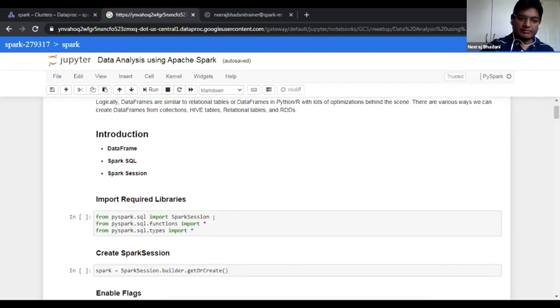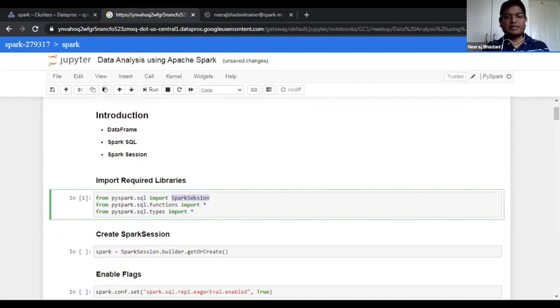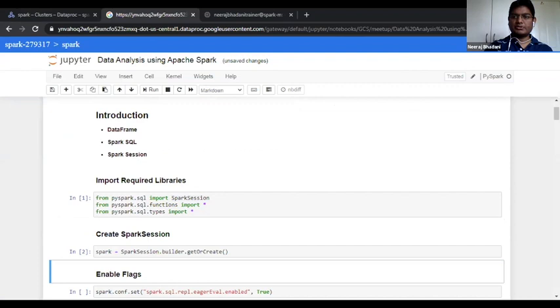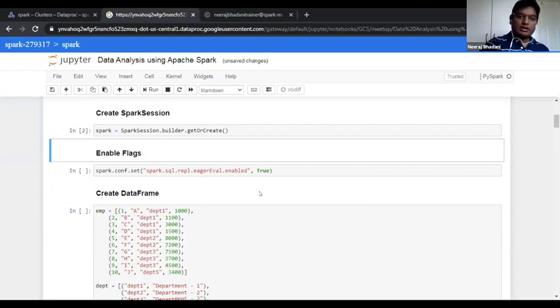First of all, I will load the libraries which are required. So Spark session, because we're going to create the Spark session, and that is the entry point of our Spark functions. This contains a lot of different functions which are available with Spark SQL, and these are some of the types which we're going to use at some point. So I'm just importing some of the libraries which will be required. And here, I'm just creating a Spark session so that we can use it, because that is the entry point of our Spark application.